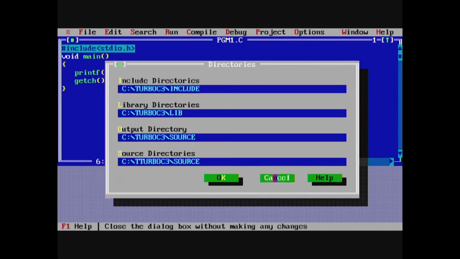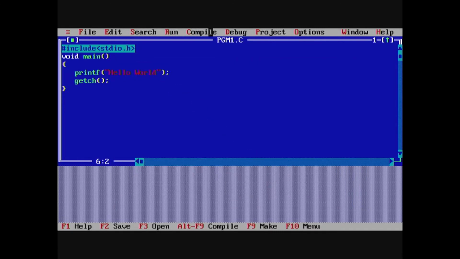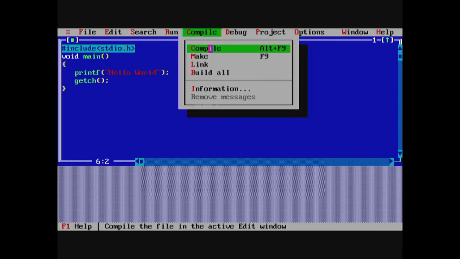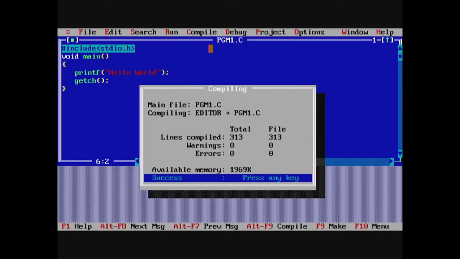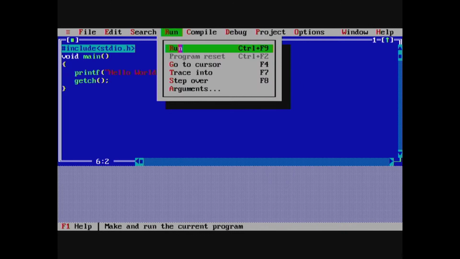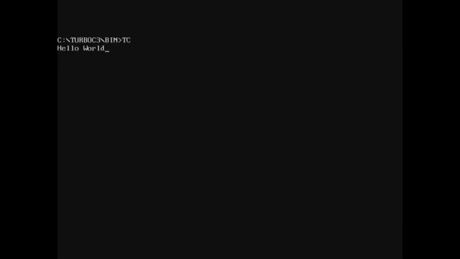Now, go to the compile menu and click on compile, and then click on the run option if you have no error after compilation. Now, you can see that there is no error. Now, you click run and you will see the output of your C program as hello world.